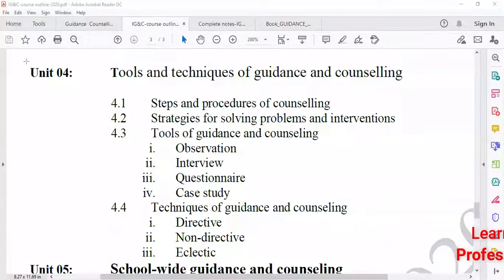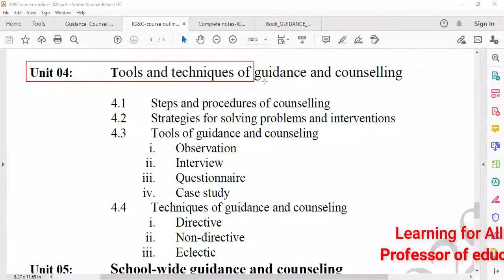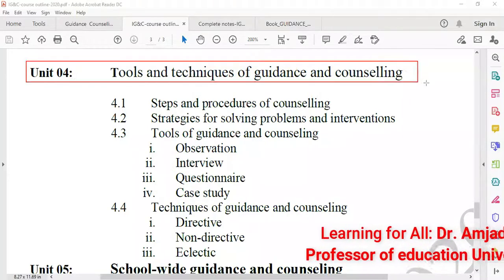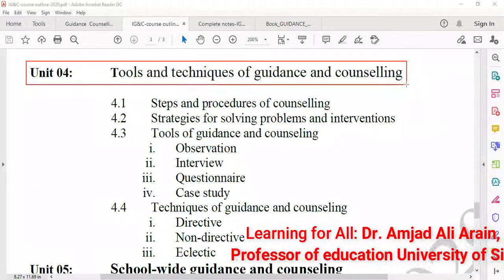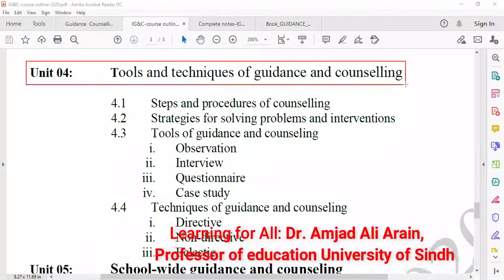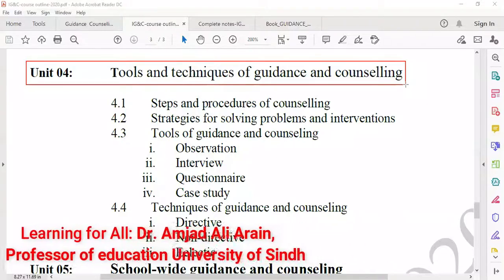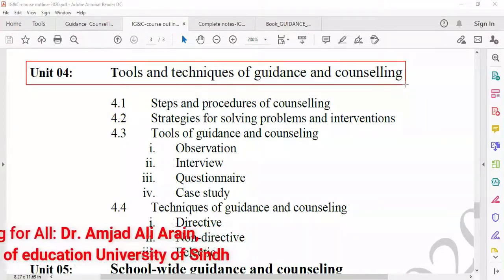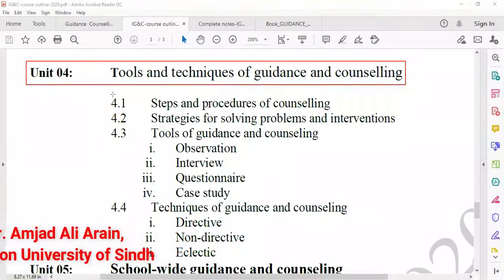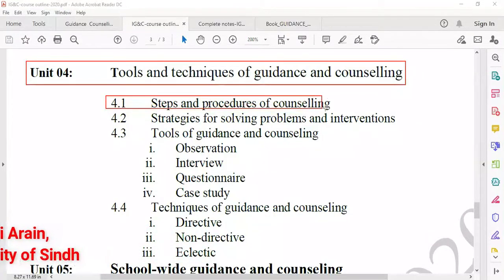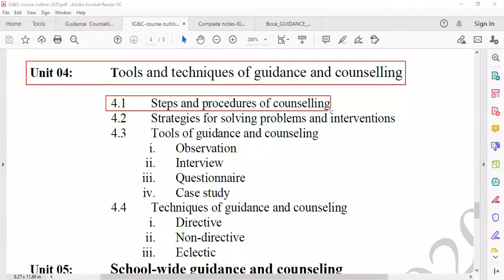In unit number 4, we have tools and techniques of guidance and counseling. In this section, we will study which tools and techniques can be applied to guide our students in a classroom or in a school, or which techniques and tools we can use to give counseling to our students. So the very first topic, 4.1, steps and procedure of counseling: which steps are followed, how counseling is provided, how guidance is provided to our students, how a counselor can proceed when giving guidance and counseling to students in a